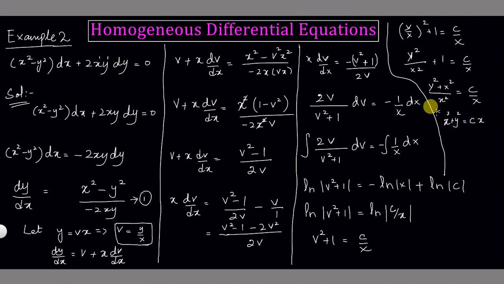So this is our final answer for this particular differential equation. You can leave the answer over here, but if you want to further simplify, sometimes in standard books the answers are given in a particular form, the most simplified form. So maybe you can leave the answer over here, but sometimes your teacher asks you to simplify further and you will get the most simplified answer, and this is your most simplified answer. So this is the way how a homogeneous differential equation is solved.